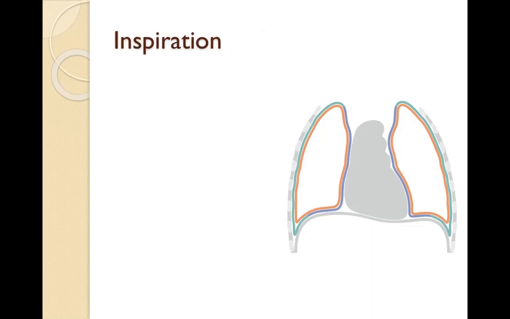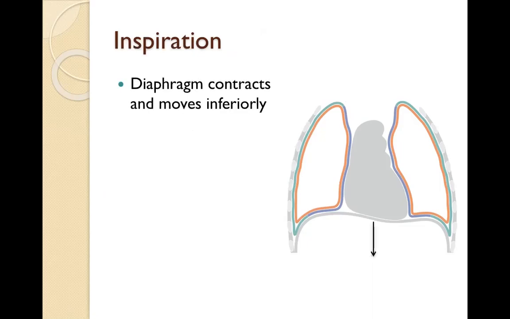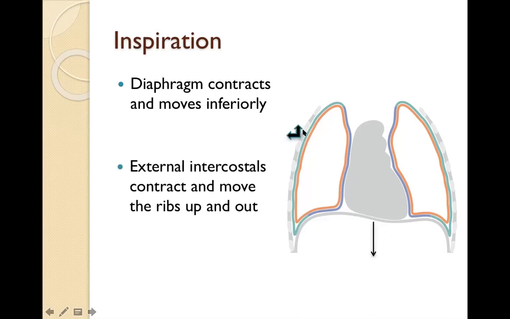Well, when inspiration happens, we have muscles. So our diaphragm can contract, and it moves inferiorly. There's also the intercostal muscles. And the one on the outer surface, they're referred to as the external intercostals. And that particular muscle originates from the rib that is above, and it inserts onto the rib that is below. So when the muscle contracts, it will actually pull the rib upward and out,